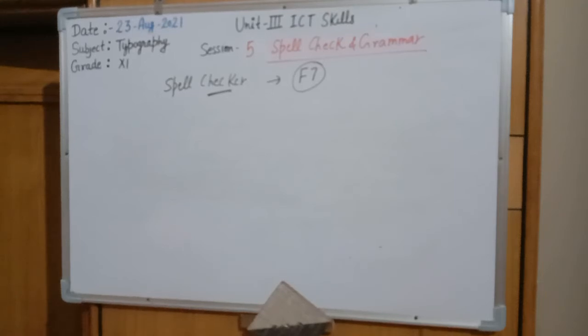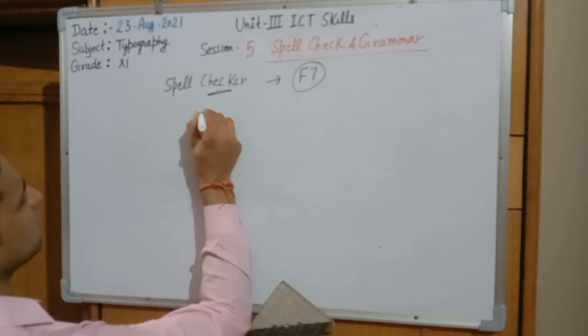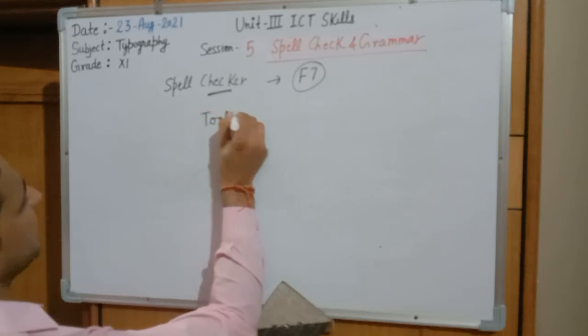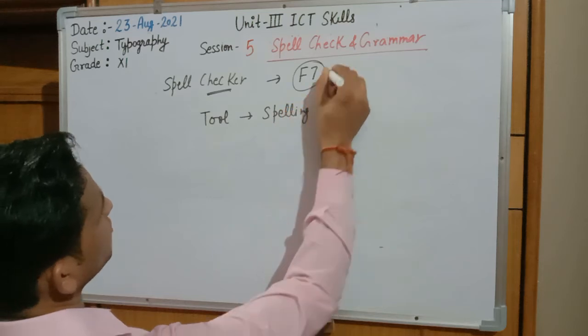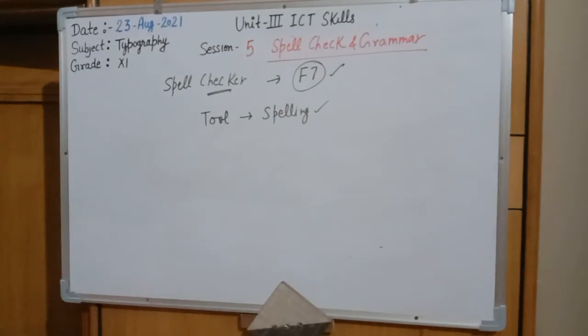Otherwise, you can also start the spell checker from the menu option. Just click on Tools and then Spelling. You can use this also. Click on Tools and then select the option Spelling. It is the shortcut key. It is the menu method. Afterward, the spelling dialog box will appear. It displays the spelling dialog box.